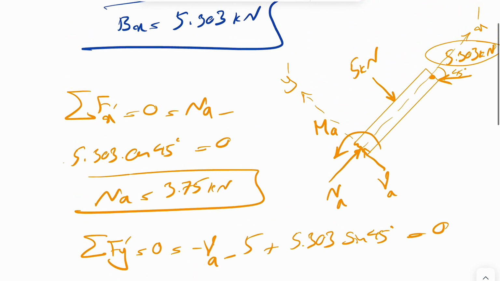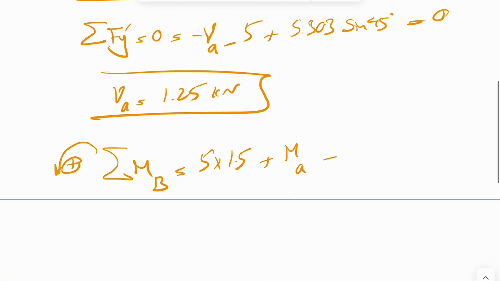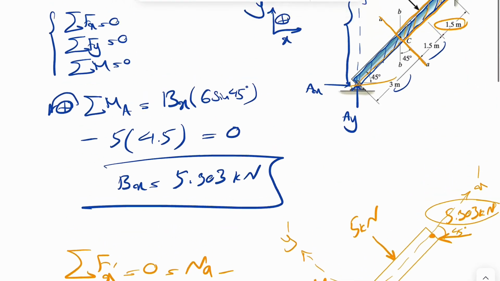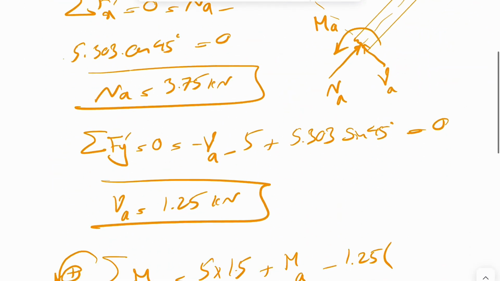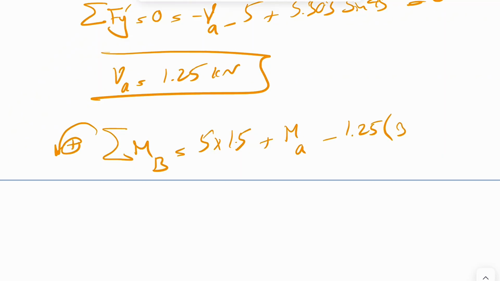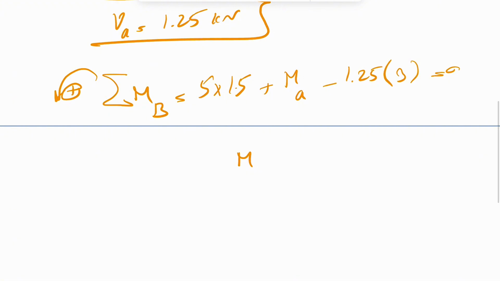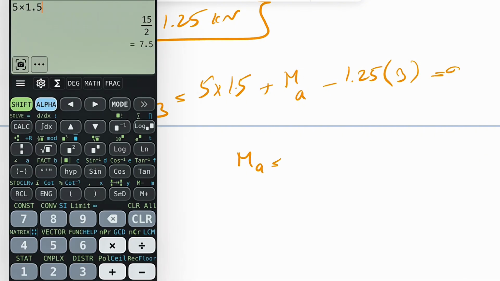And we also have the moment of VA. This one is clockwise, so it will be negative. VA is 1.25, and the distance is the length of that part of the beam, which is 1.5 plus 1.5, or 3. So equals 0. MA will be 5 times 1.5 minus 1.25 times 3. And yeah, the moment is going to be 3.75